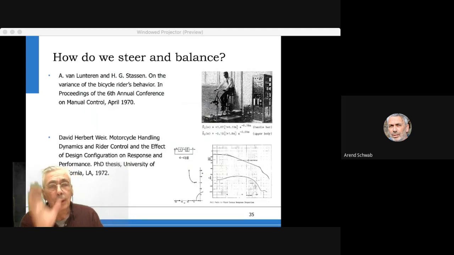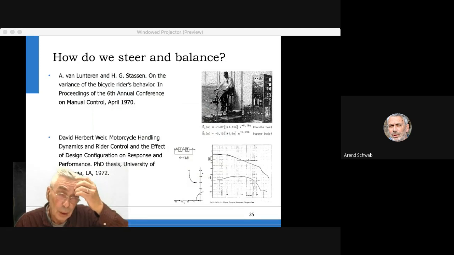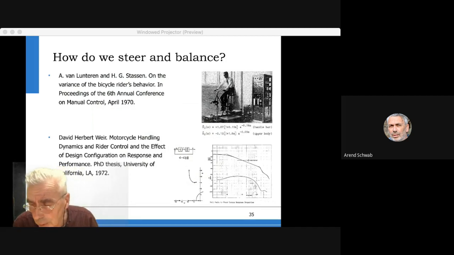The question, of course, about steering balance is older. At Delft in the 70s, people were interested in whether we should prohibit people who are intoxicated by alcohol or drugs from riding a bicycle. They wanted to do experiments to see how well you still behave intoxicated by alcohol or drugs on a bike, and they couldn't do it on a real bike, so they made a simulator. And you see here a picture of this bicycle simulator from the 70s, and they measured the behavior of